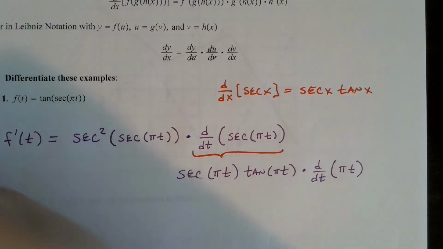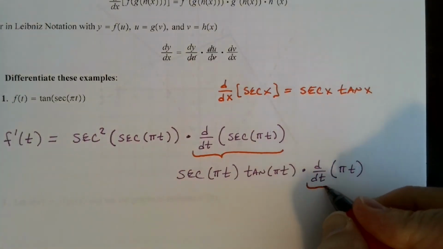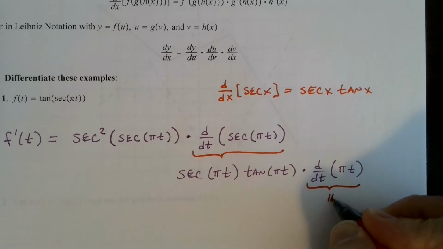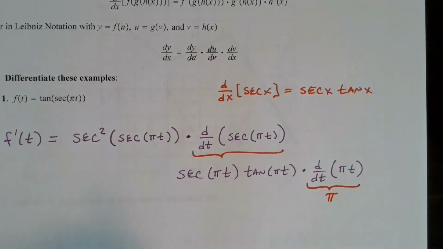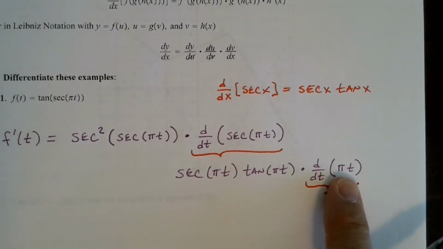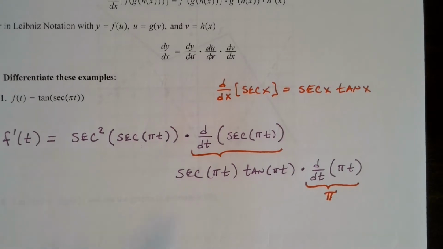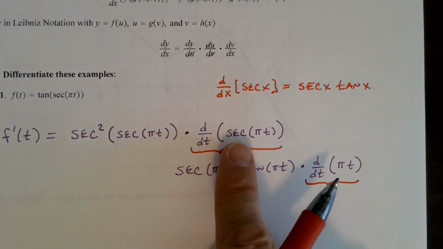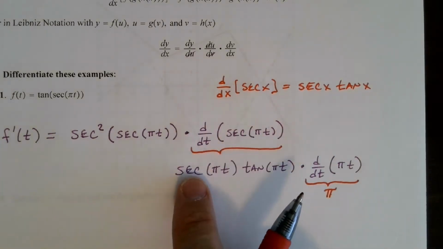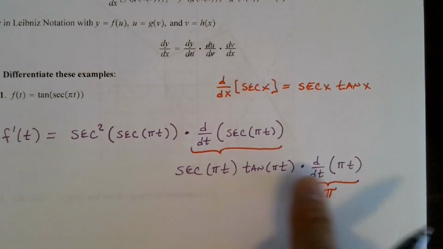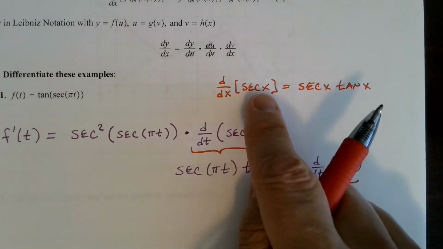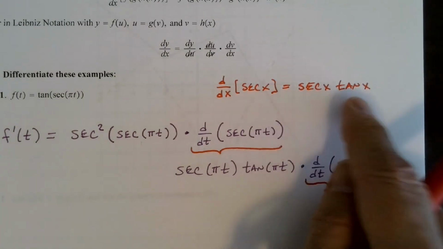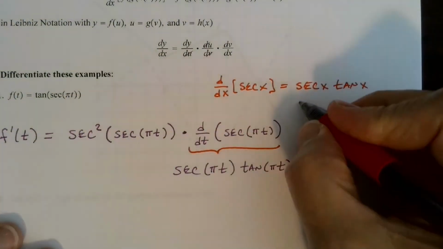What's the derivative with respect to t of pi times t? It's just pi, right? Pi is a constant multiple. It's just a line of slope pi, right? Be real careful. I've seen this before. The derivative of secant of pi t is secant pi t tangent pi t times this, or the derivative with respect to x of secant x is secant x tangent x. This is not,